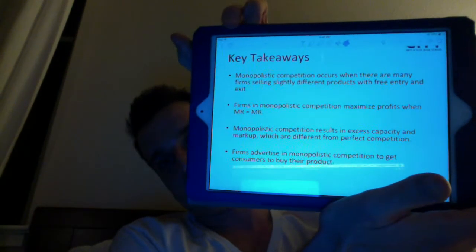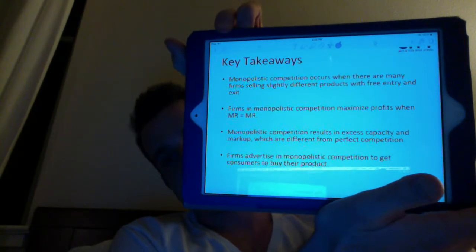Second to last slide now, key takeaways. There's 4 of them. These are things that you should absolutely know about monopolistic competition. Mostly facts, not necessarily analytical points. You definitely want to know your analytical points, your graphing, using this base to understand things. So first, what is monopolistic competition? There's many sellers. It's a competitive market with free entry and exit, and they're selling slightly different products. So everyone's selling tablets, but maybe you sell a tablet focused on reading or games or business. There's lots of slightly different products in the market.